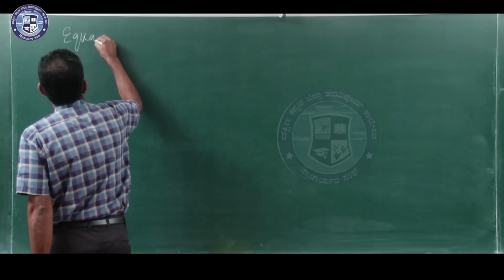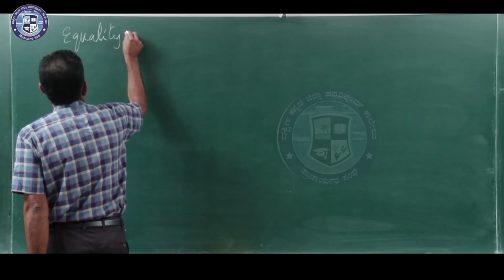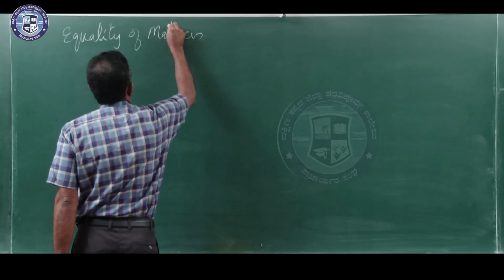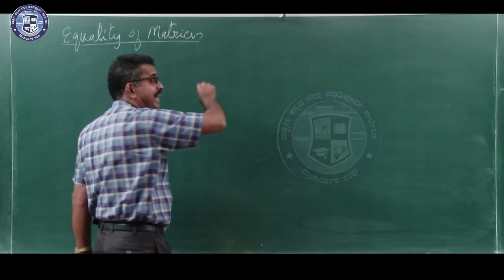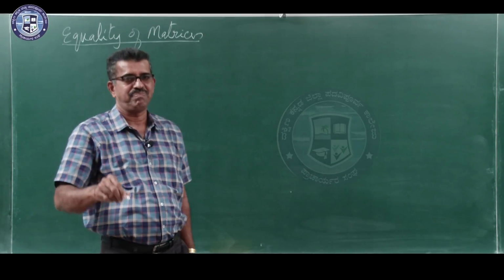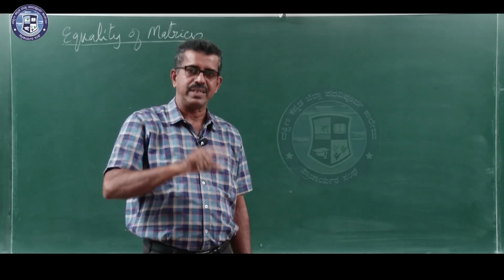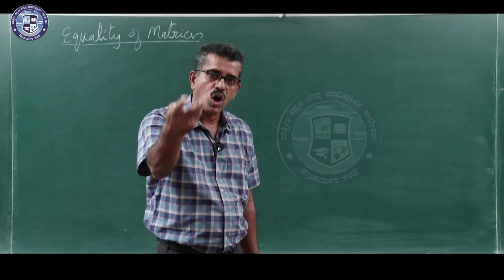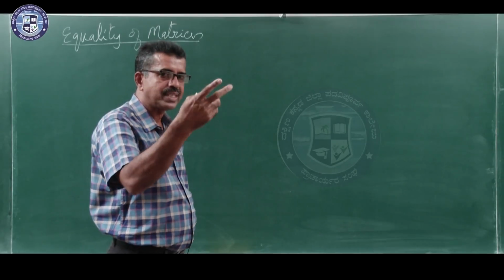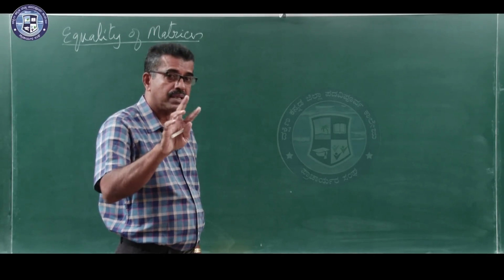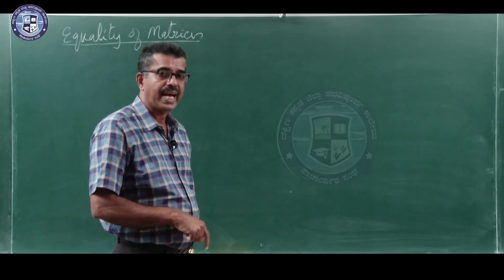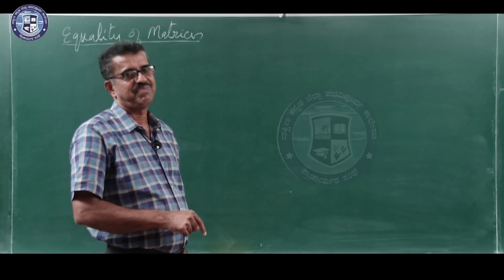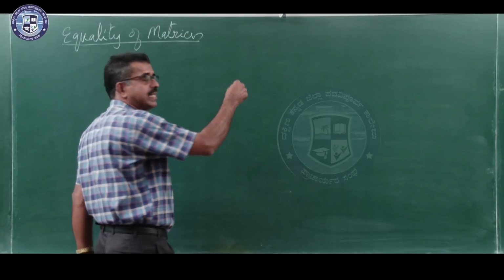What do you mean by two matrices being equal? When you compare two arrangements, you have to think of their order. Suppose it is M cross N and P cross Q, and M and P are different; you can't add. While adding two matrices, their order must be the same. Therefore, while equating two matrices,